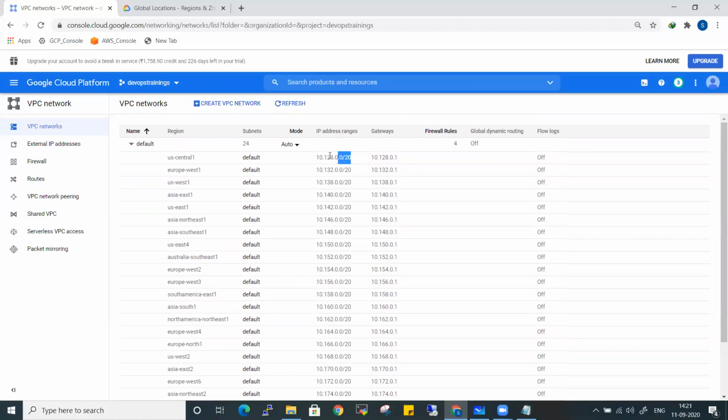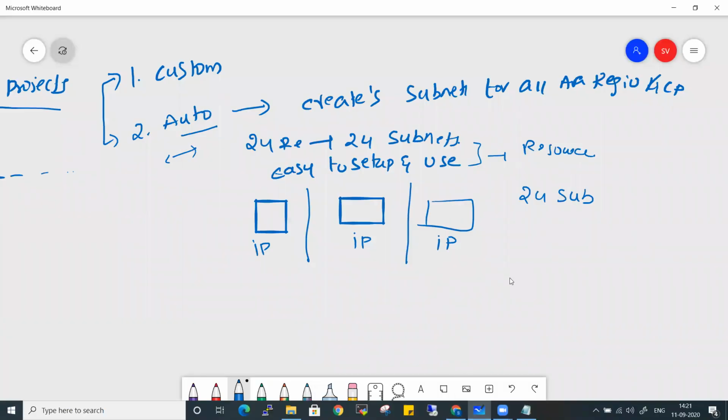So why shouldn't IP ranges collide? For example, a courier is being sent to your home, and when the courier boy comes, your address is something like house number 1504 in your building, and in the same building, someone else also has 1504. So where should the courier boy deliver the parcel? There is a conflict, right? So to eradicate that, we shouldn't have overlapping IP ranges when we are creating subnets or any sort of networks.